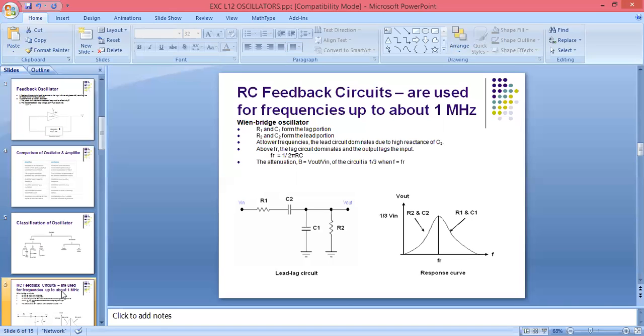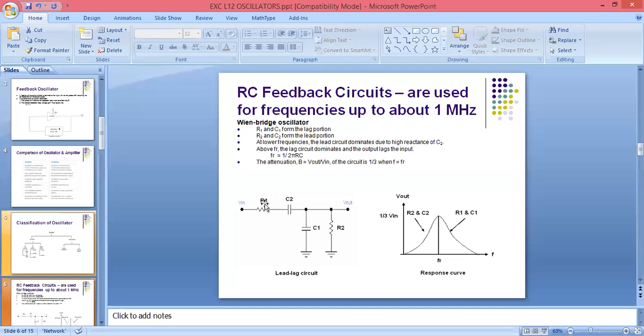There are lead and lag networks in RC. So lead means what? If we are getting gain increasing, then we can say that network is a lead network. And the gain is nothing but voltage gain, क्या होता है? Output voltage upon the input voltage. So what we can say, if the gain is decreasing, then we can say that network is a lag network. So you can see here, in the RC network we are using a resistor first, and after that we are using a capacitor.